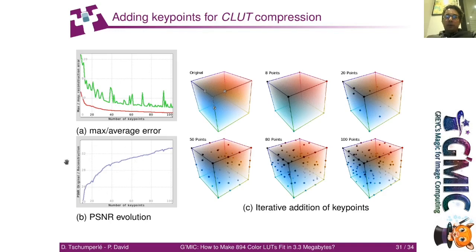Note that all this takes quite a lot of time to achieve, because at each iteration we need to reconstruct a whole CLUT from the running set of key points K. And we need also to compute the pointwise perceptual color difference delta E between the original and reconstructed CLUTs, which actually takes a bit of time. However, we end up with a set of key points that accurately describes the input CLUT, and that is the only representation we will keep in GIMIC to store the corresponding color transformation.